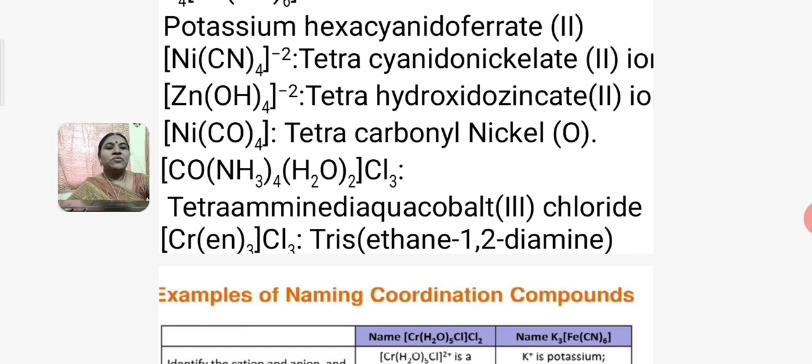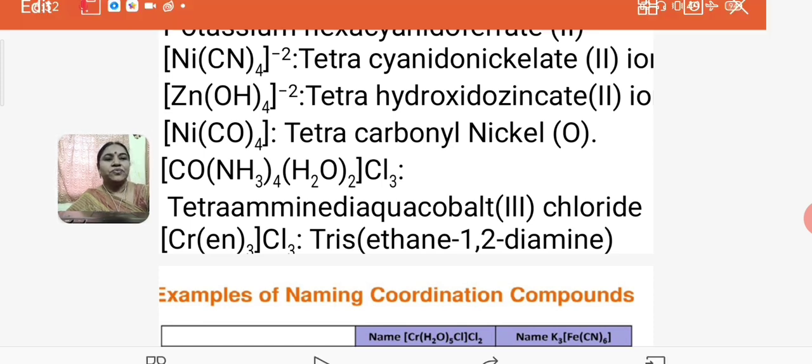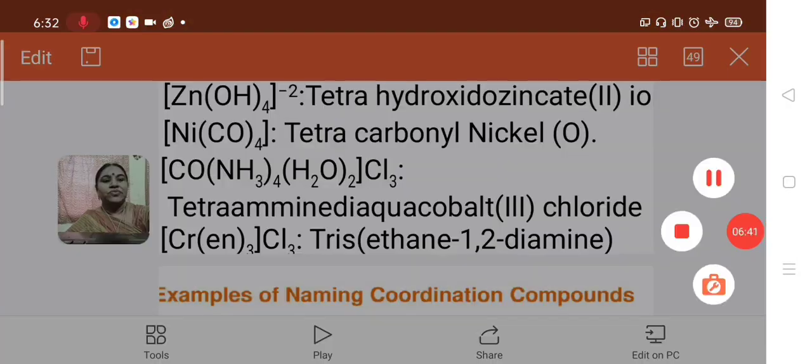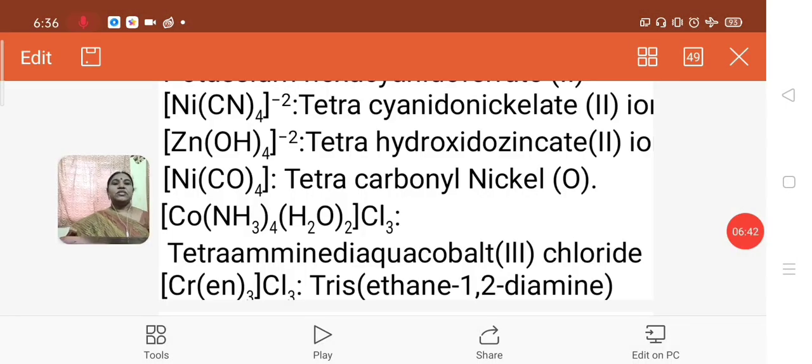Therefore, the name of the complex starts like this. It is tetraammine diaqua cobalt. Because ammine and aqua ligands are present, first we have to arrange them in alphabetical order,